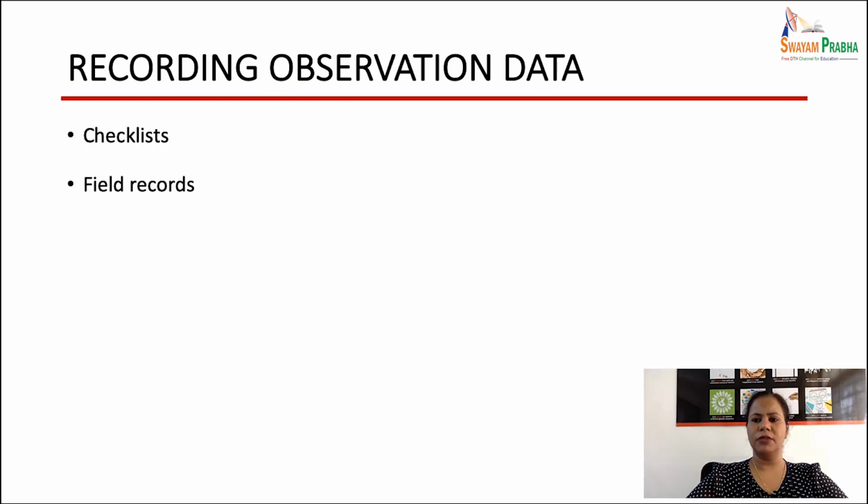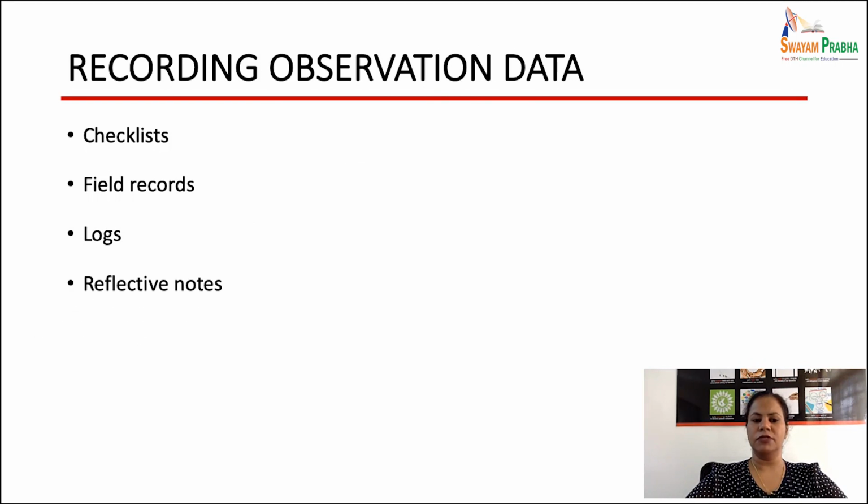Sometimes field records can be used, where the researcher keeps on recording the events which have happened, but it is not possible for the observer to record it there in the field only. Once he has observed, he can go back and record whatever happened. Then logs are particularly a list of events which have happened. So a field record is an elaborated record, whereas in logs we can just document that this has happened now, or the sequence of events which have happened.